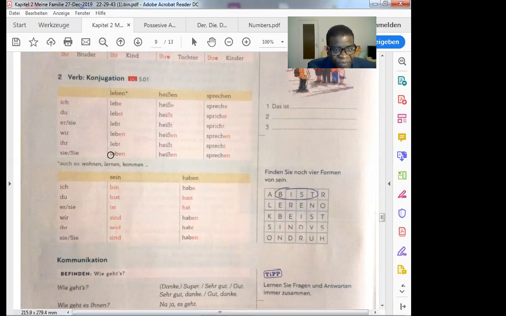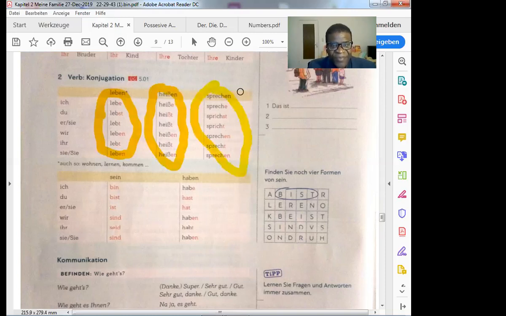So the principle here represents the same principle here. Okay, we've done this topic. I don't want to dwell much on it. Even here, it is the same thing. We've done this already, okay? Sein, to be, haben, this is also a verb just like here. We've done that. Get back to the other topic.